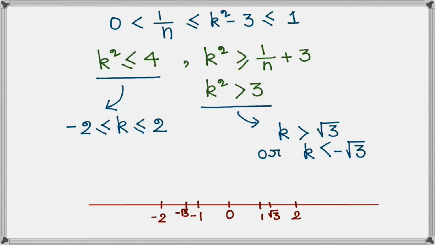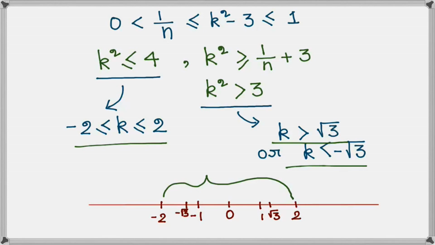So we now know that k from the first condition lies in this region, and from the second condition, that is this one, we get that k lies either in this region or